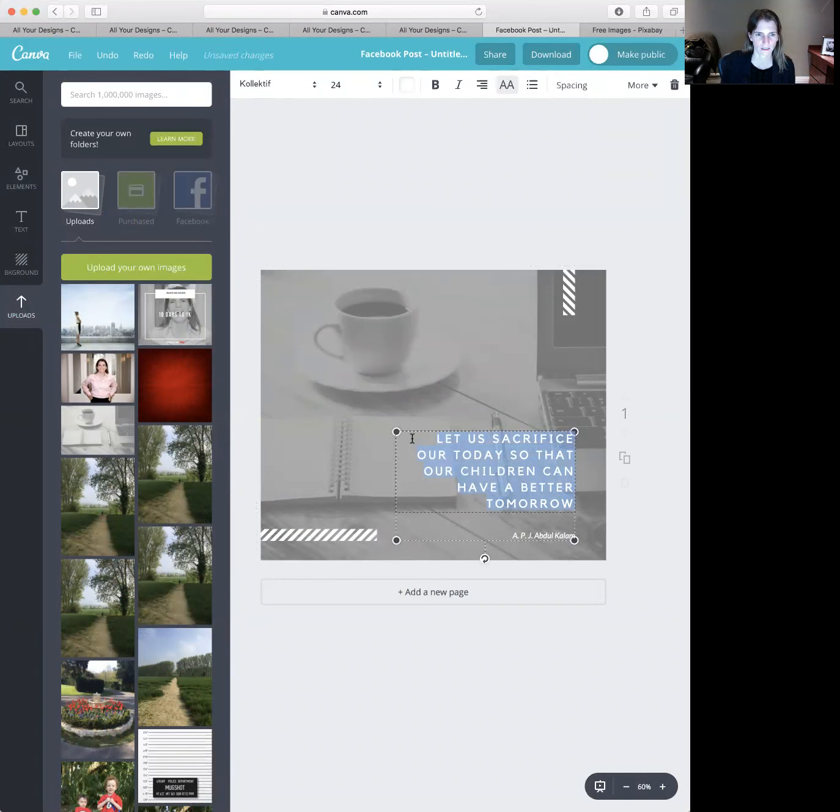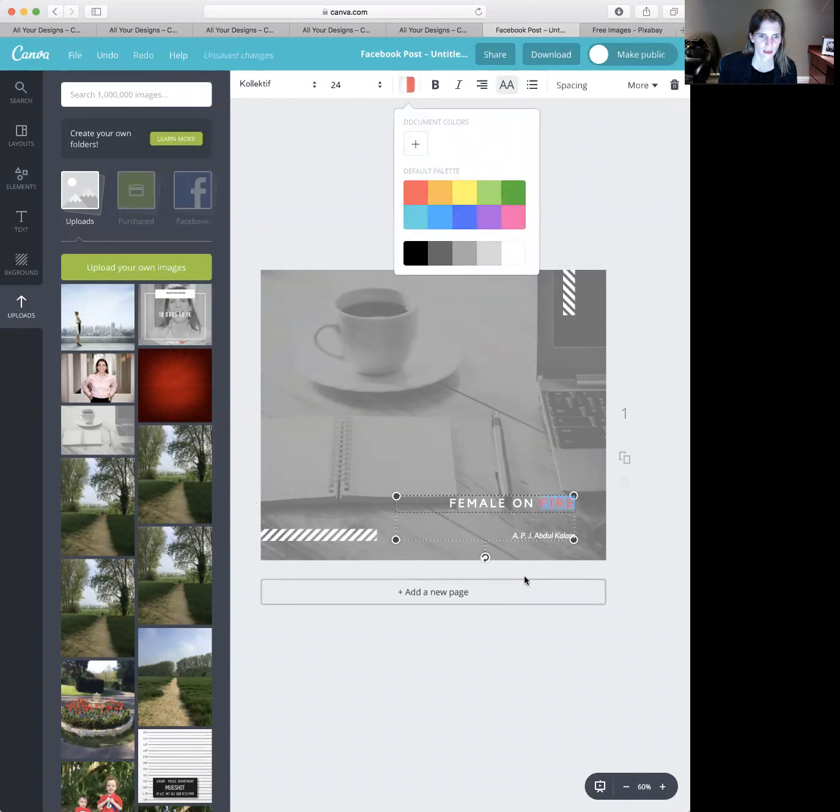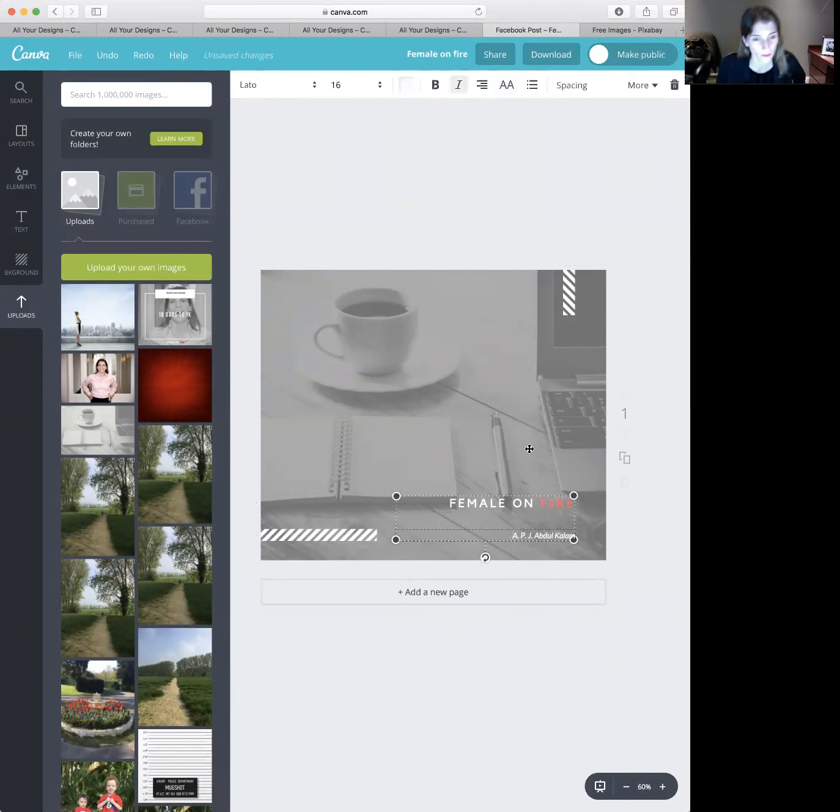Then I can make a change to this. I can change the text. So let's say I want to say female on fire. And if I want to change a color, I highlight the word, click up here for the colors and make it a different color. So there's so much functionality in this. Really,